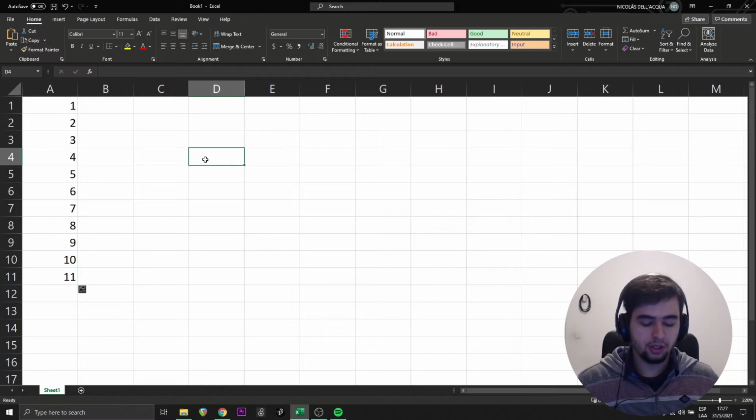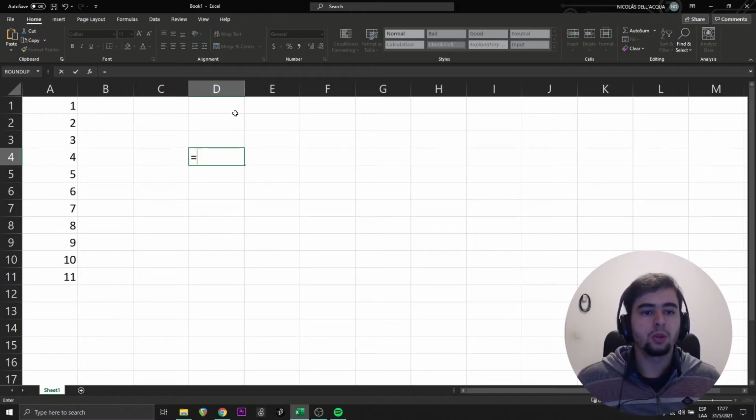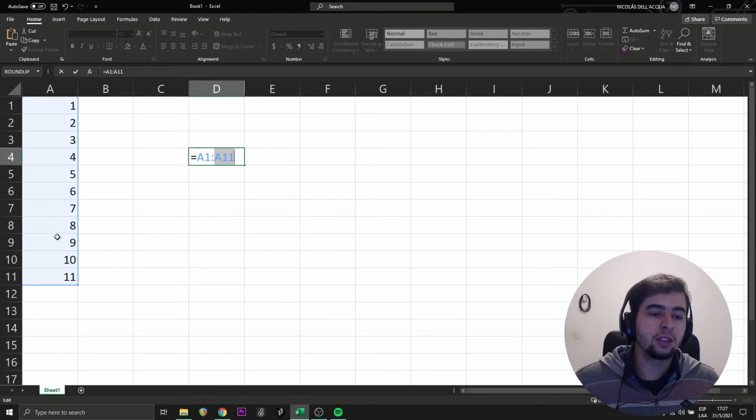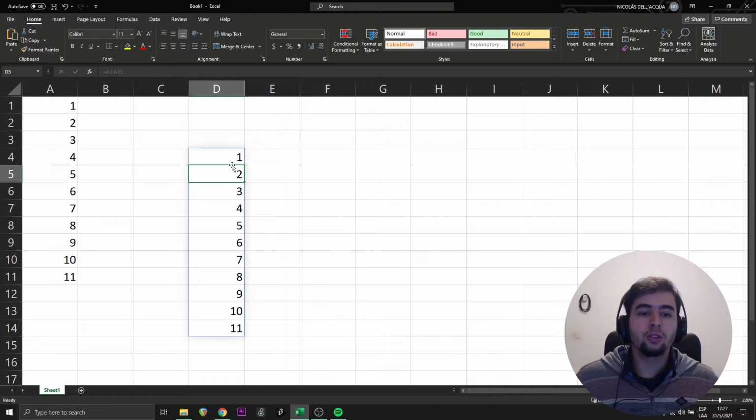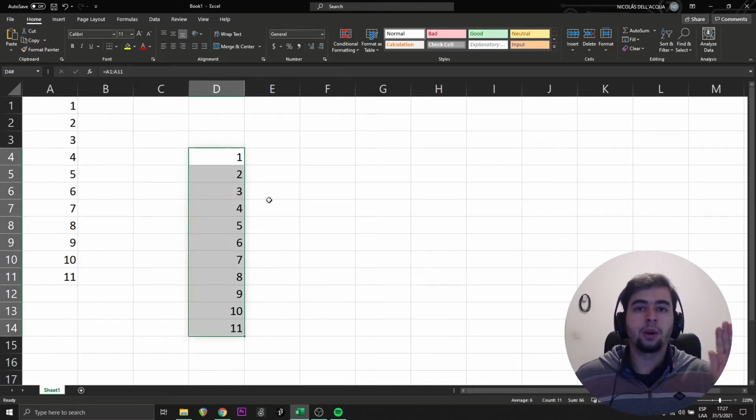So one of the ways that you can choose a range of cells is clicking and dragging. So if you click and drag here, you can see that it writes A1, two points, A11, which is all the cells that I selected here. And if I press enter, you're going to see that this is not only one cell, it's all the cells that I selected from A1 to